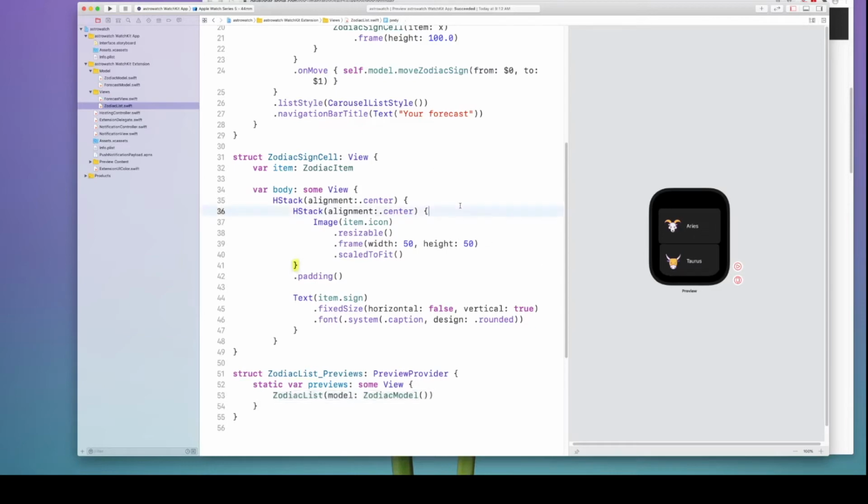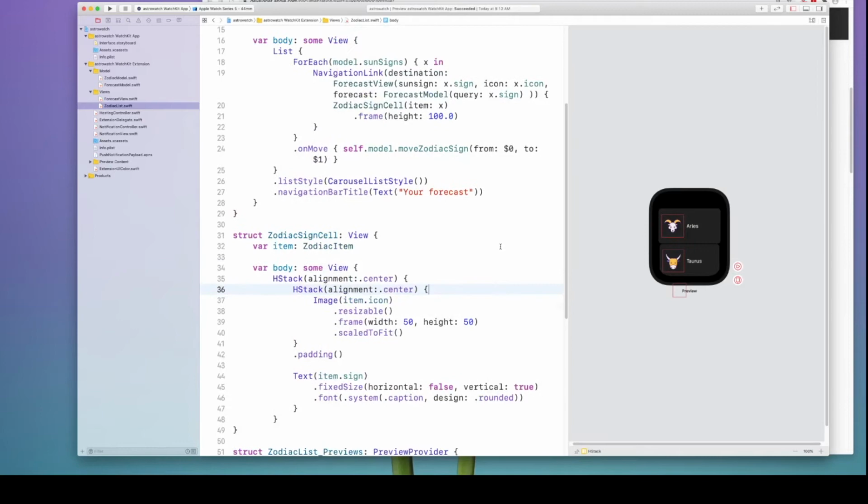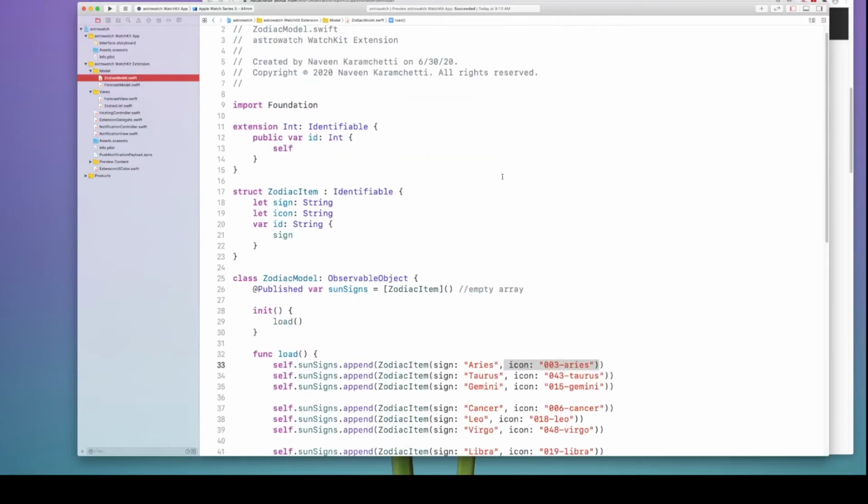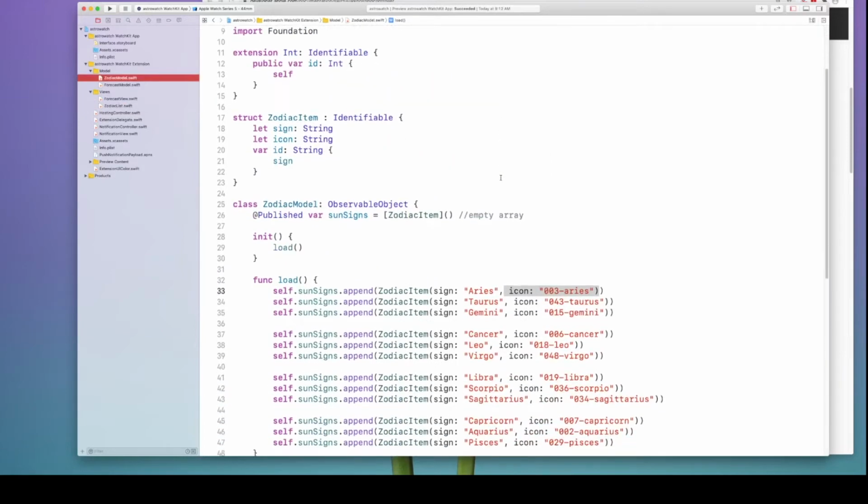Now how does this work? I'm inheriting the zodiac list from the view class, and I'm using this zodiac model. There is an observed object called zodiac model. Let's talk about the model first. A zodiac model would contain the list of all zodiac signs.